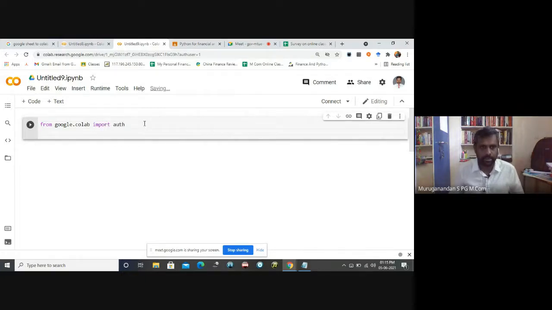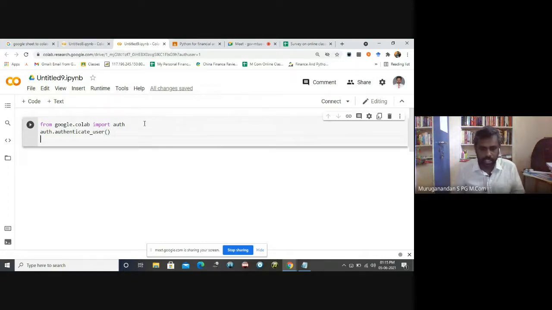Okay, from google.colab import auth, and auth.authenticate_user(). This is the second line, of course.